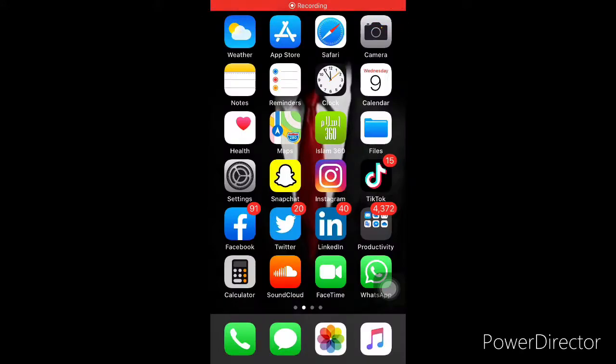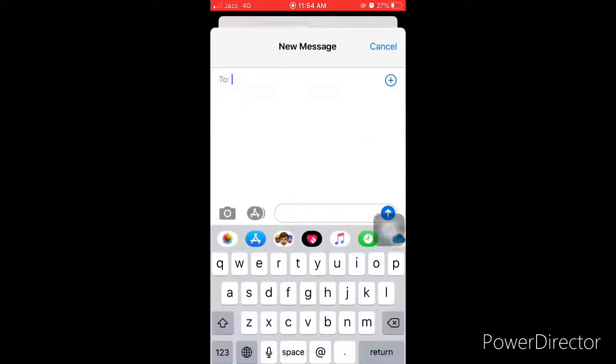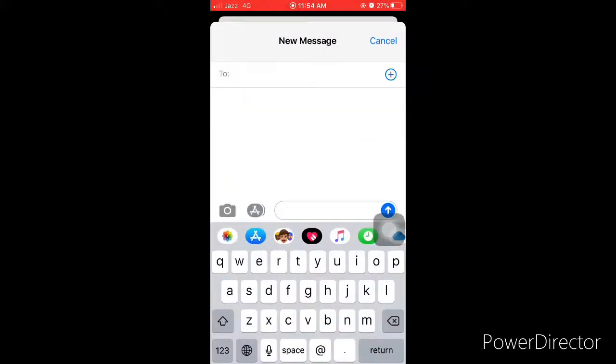Now let's talk about the third option. The third option is keyboard adjustment. Let's suppose you have one of the problems, if you have short hands or small hands, or you want to type with a single hand, left hand or right hand. Here are the options to adjust the keyboard.